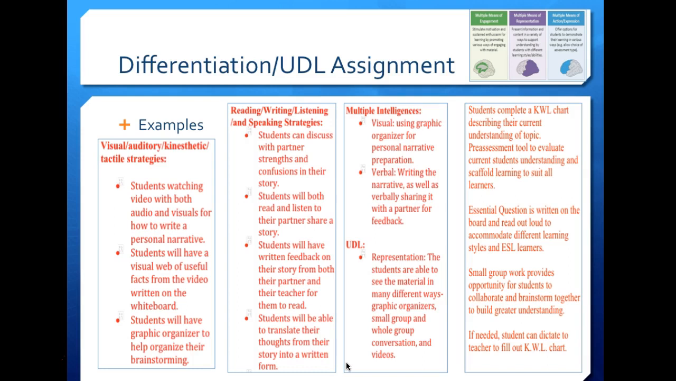The essential questions were written on the board and read out loud for their discussions, not just orally teacher talking, for students that needed to have that extra visual support. Small group work provided opportunity for students to collaborate and brainstorm, build great understanding. Small group work often, not always, because there are some students who are very shy, but it provides a risk-free environment for students. And so it gives them a little more access to talking about their understandings and learning more